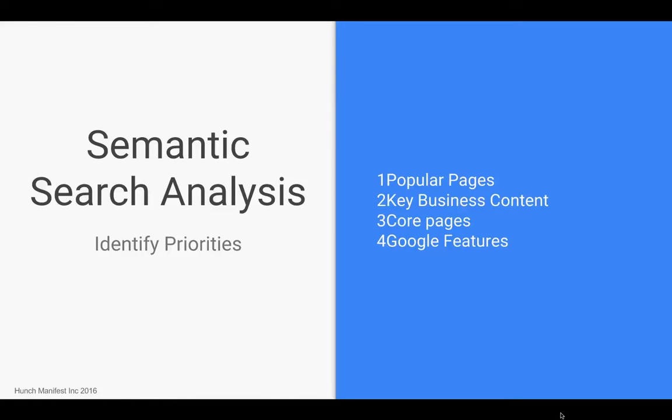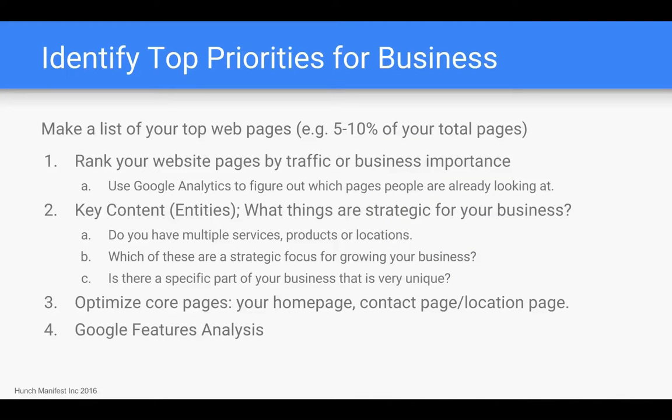Semantic search analysis. Identify your priorities to come up with a roadmap for your clients. Make a list of your top web pages for your website. What are the key websites based on traffic or business importance? Perhaps you can use your Google Analytics to determine what people are already looking at. Perhaps you can also look at your metrics in terms of your conversions to see in your website what are